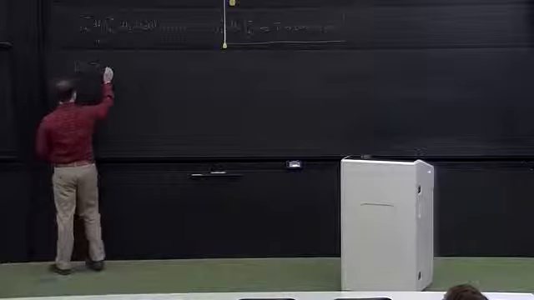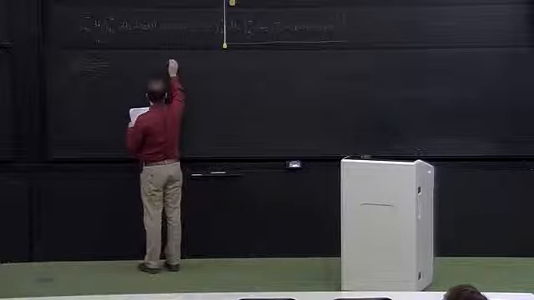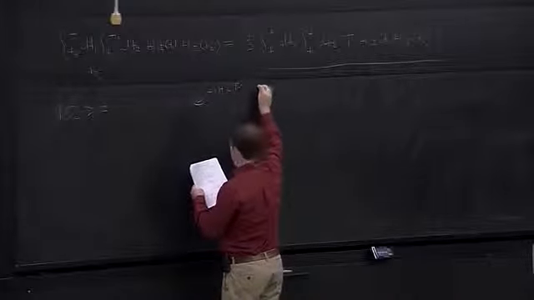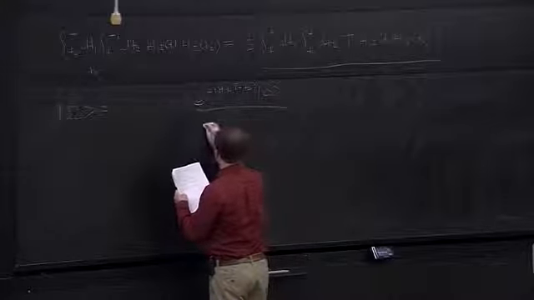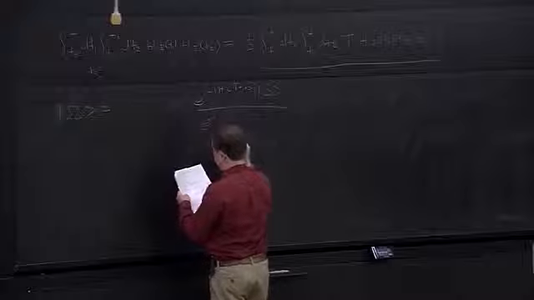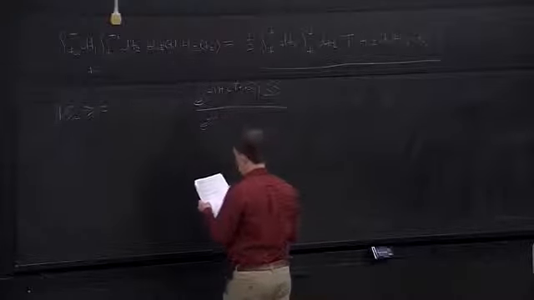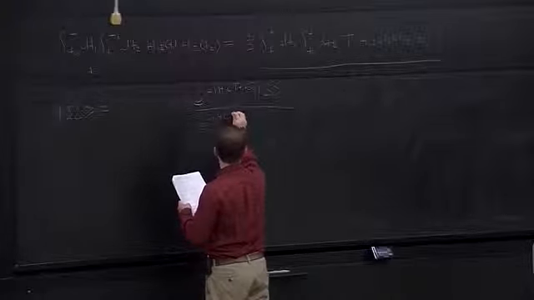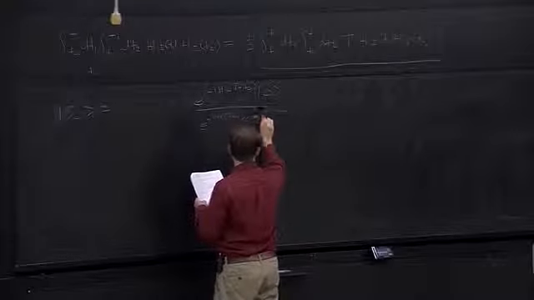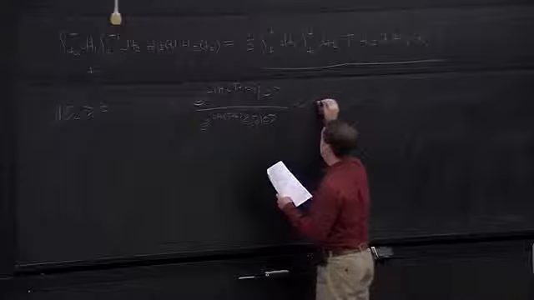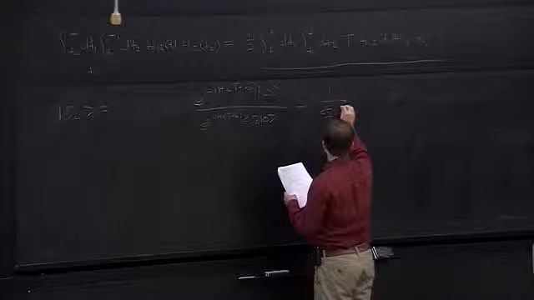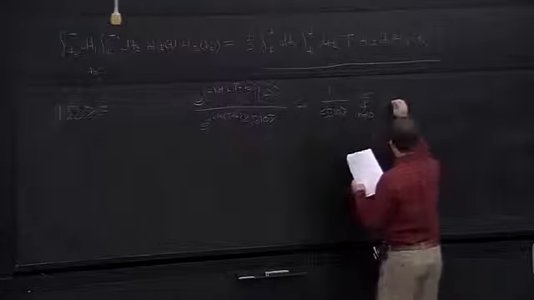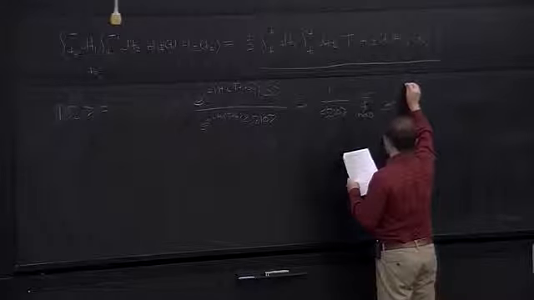We can write omega is e to the minus i H (t plus t naught) 0 over e to the minus i H (t plus t naught) 0 omega, minus 1 over omega 0, some integral of e to the minus i